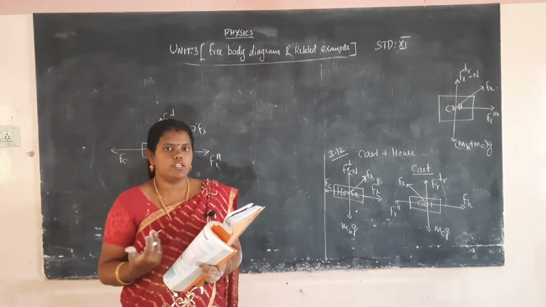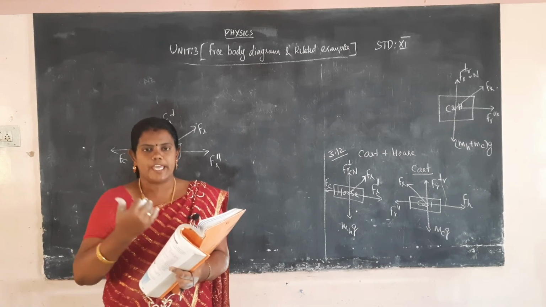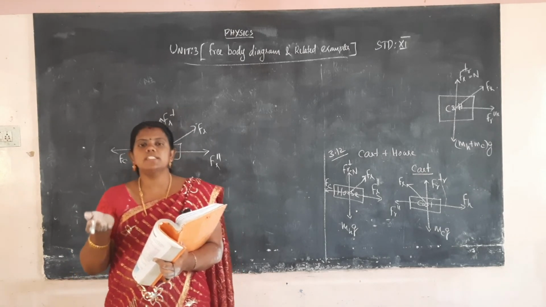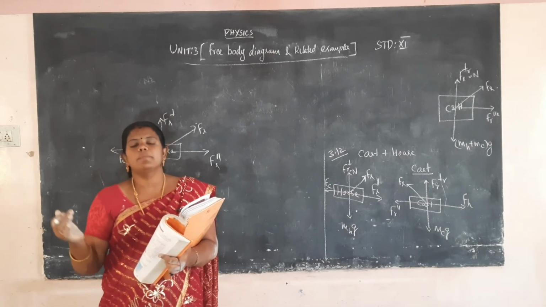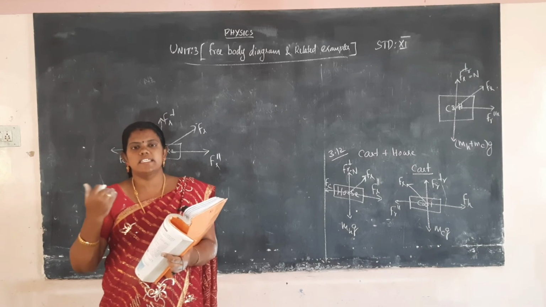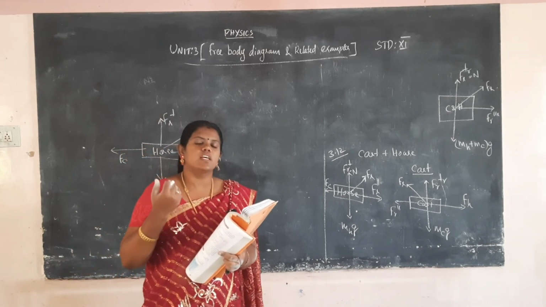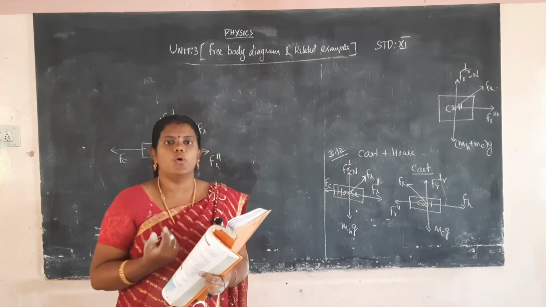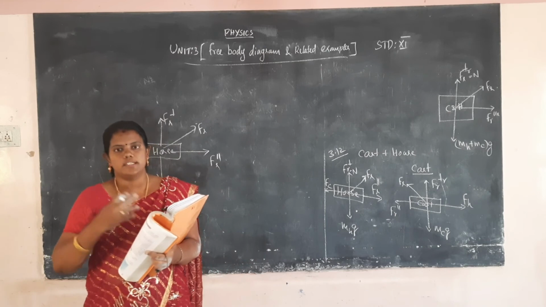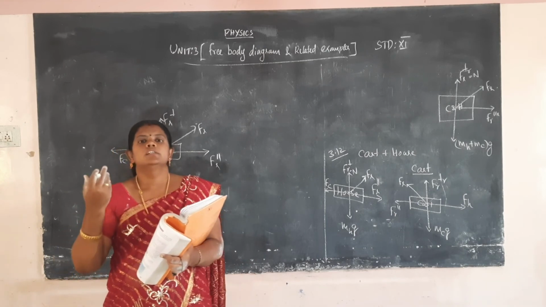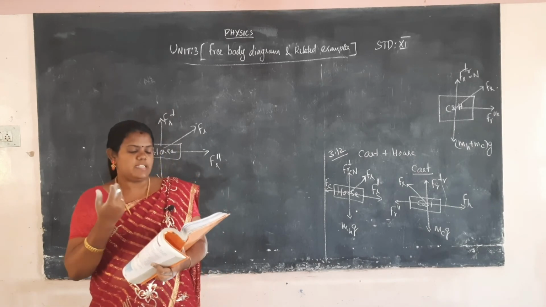So it is easy to find out. The negative y direction is mentioned, so minus mg j cap, and the upward direction is T j cap. So T j cap minus mg j cap, and taking the components only, T minus mg is equal to 0. Okay, T is equal to mg. Suppose we consider the mass of the mango as 400 gram or 500 gram, you substitute the values in this formula and easily find the tension applied on the cord by the mango.